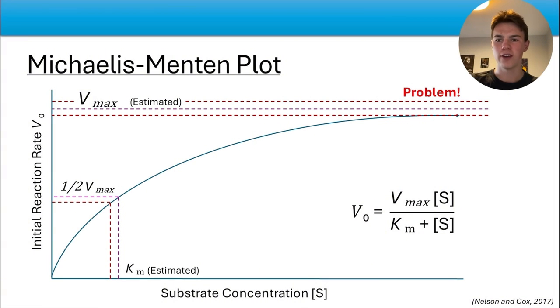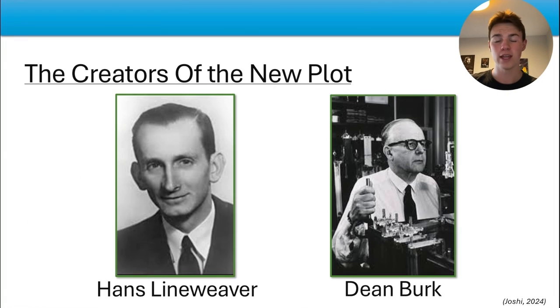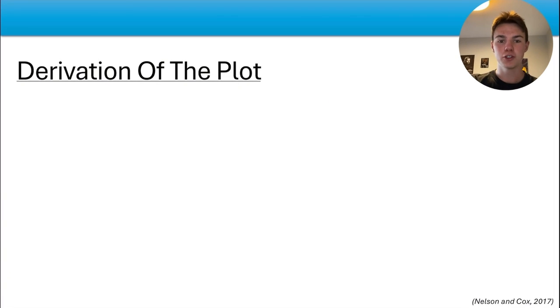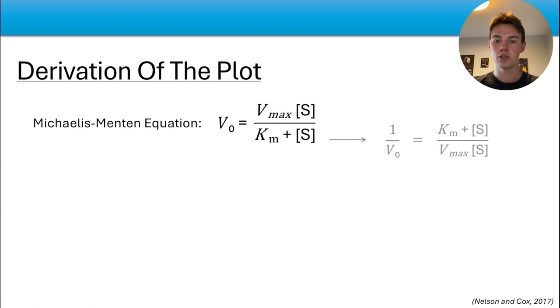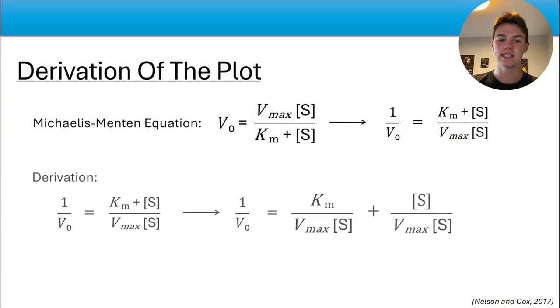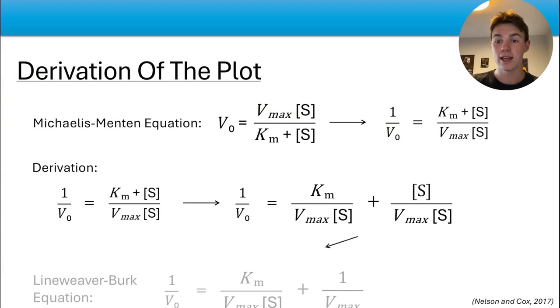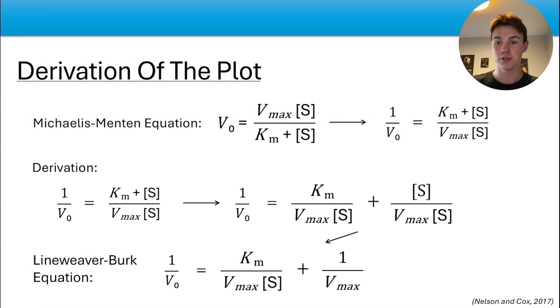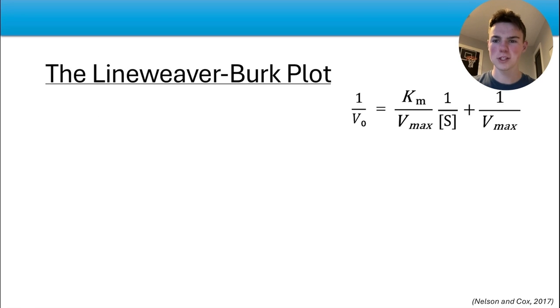Because of the error in finding Vmax, Hans Lineweaver and Dean Burk sought out to find a new equation that could solve this problem with a more definite answer for Km and Vmax. Here's how they found the new equation. They took the Michaelis-Menten equation, took the reciprocal of both sides, separated the right term, canceled the S, and arrived at this final equation. Notice how this equation looks very similar to that of a line with y equals mx